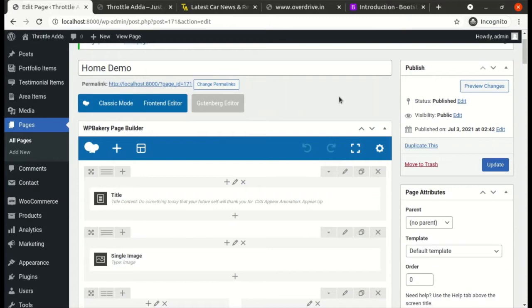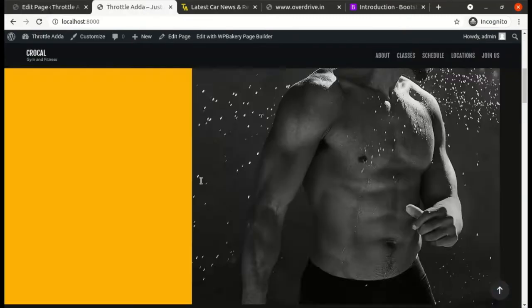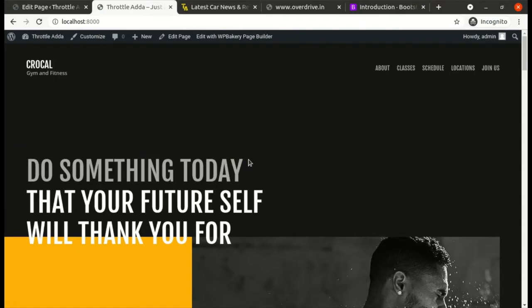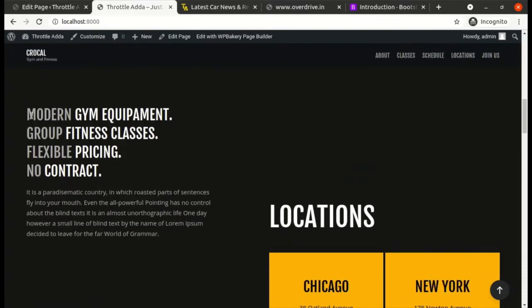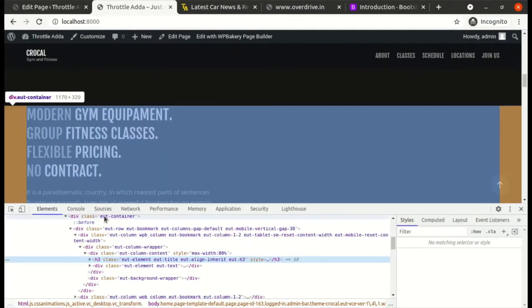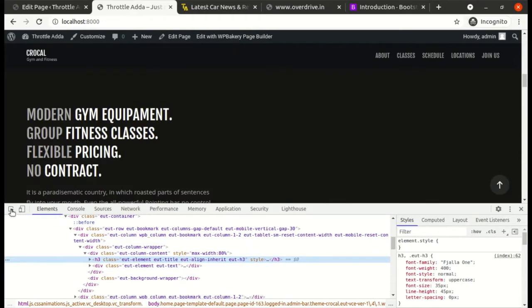Okay, now let's go to this tab. Take this as an example, a very simple section. If you see from modern, the sentence that I've highlighted till the end of the right hand side, this is a container. I'll show you. This is inspect element.